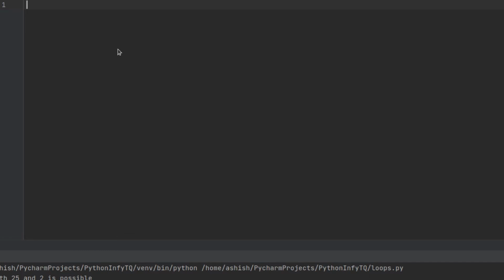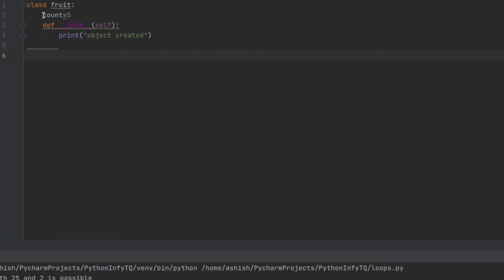Firstly, let me create a class so that I can show you what exactly I'm going to do. For example, let's say I'm going to create a class and the class name is Fruit, and after that here I have to create one attribute which is named count. For example, the value of count is 5, and here I'm going to create an init method, and in here let's say print "object created".